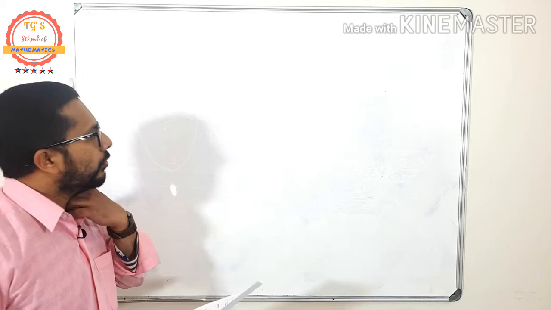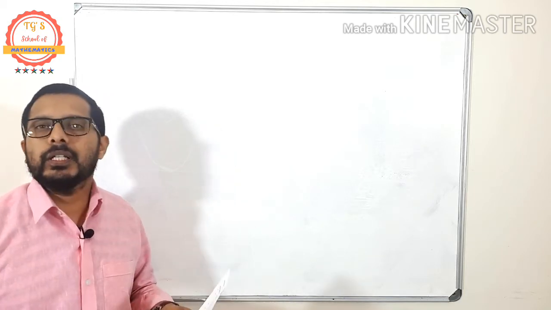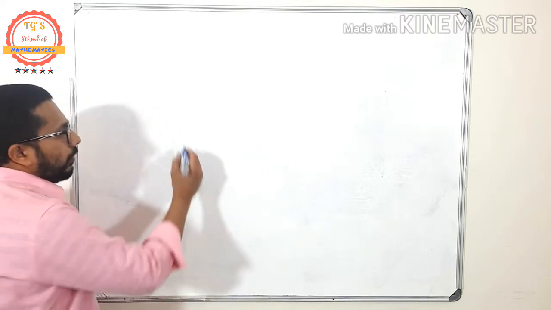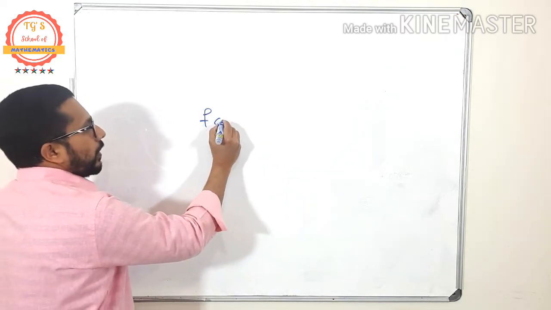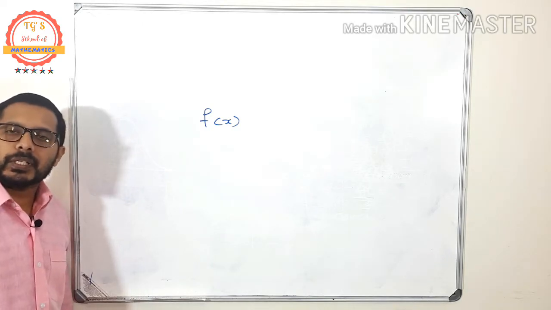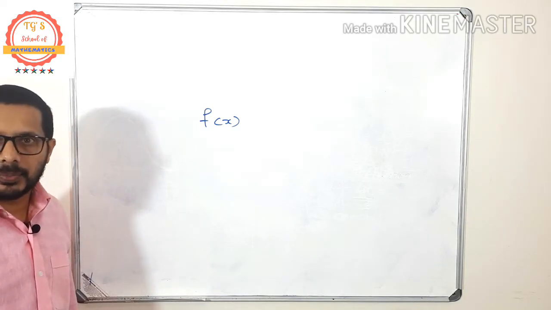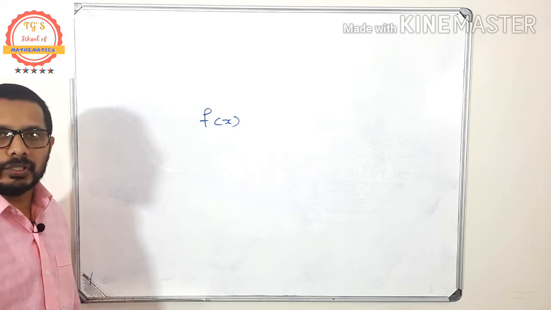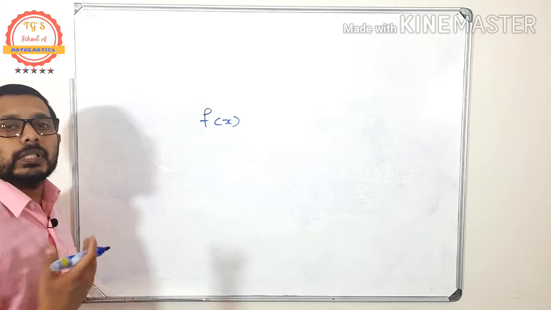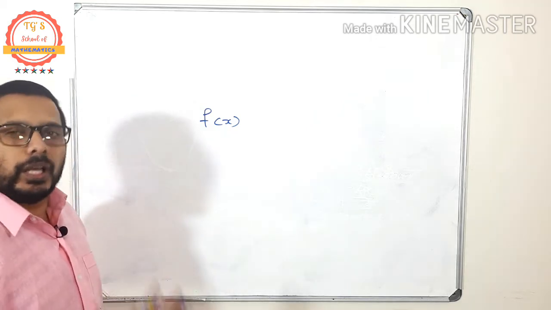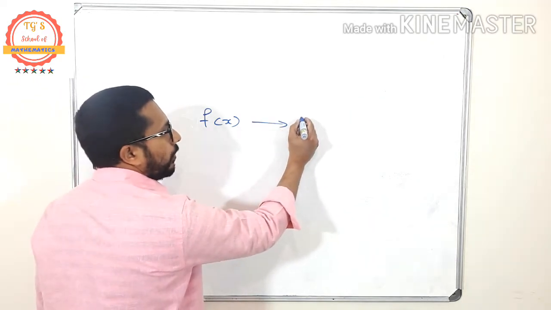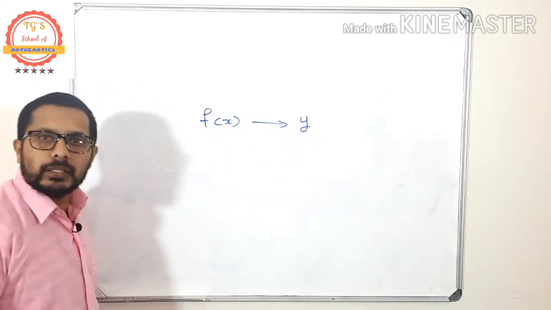So before I go to this question, I want to explain something more, okay. So listen very carefully to that one. What is the meaning of this f of x? What does this f of x mean? That it is representing a function, am I right? Sometimes it's a cubic function, sometimes it's a quadratic function, whatever it may be, okay. Sometimes it's a linear function, okay. Anyway, f of x stands for a function, and we know that f of x is the same as y,